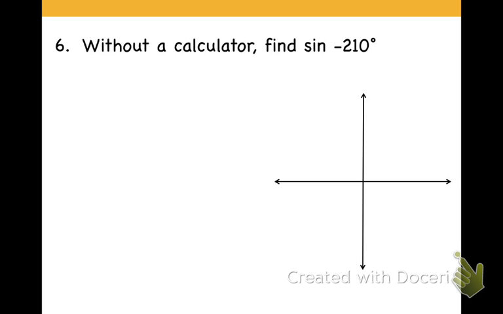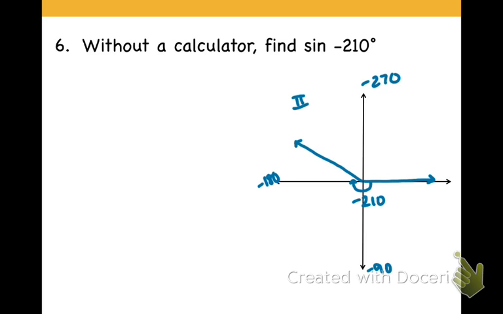So we're going to start by drawing in that standard position angle. So negative means we open up in the clockwise direction. So I'm going to throw my -90 at the bottom, -180, -270, and I know I'm going to be in the second quadrant because -210 is between -180 and -270. And once again, it is closer to the -180, so it's going to look something like this. This entire angle here is my -210 degrees,